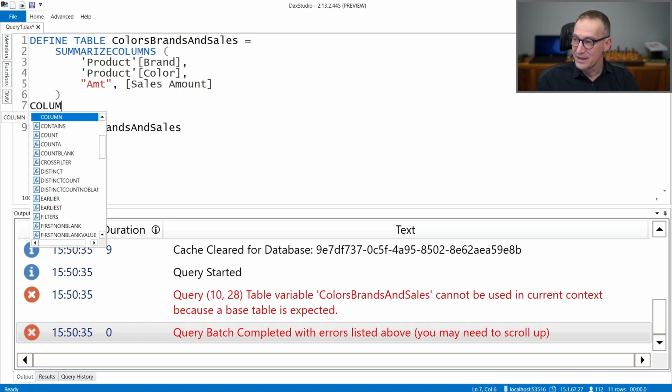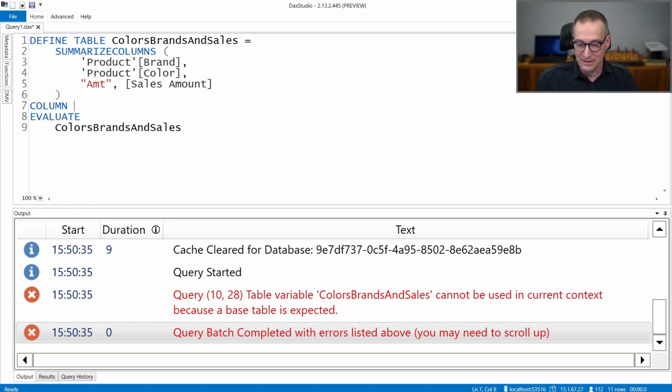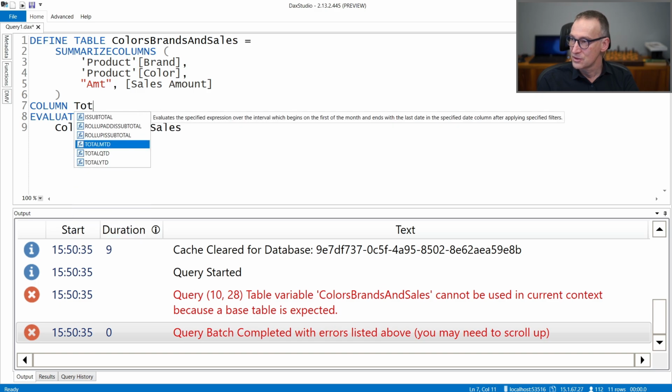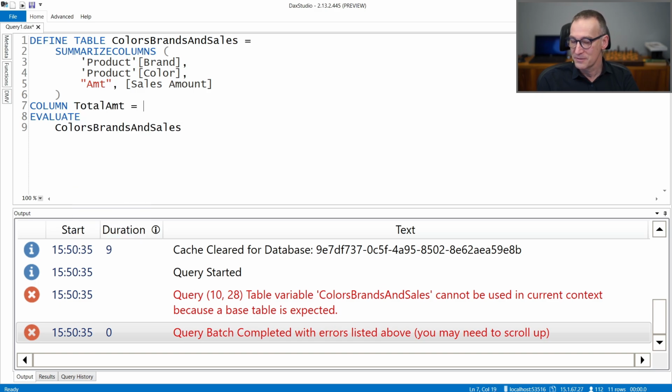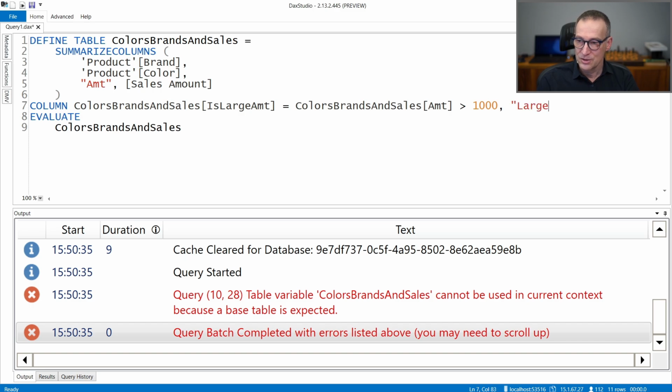Let's say that I want to define a column on Colors, Brands, and Sales, called Large Amount. That checks if the Colors, Brands, and Sales amount is greater than 1,000, Large, otherwise Small. That should be an IF statement.